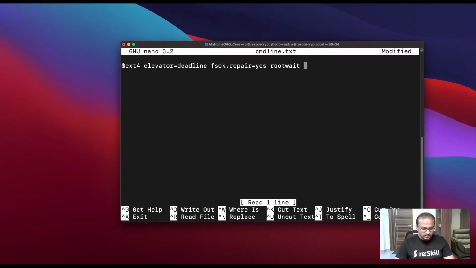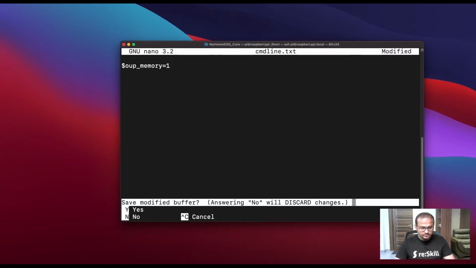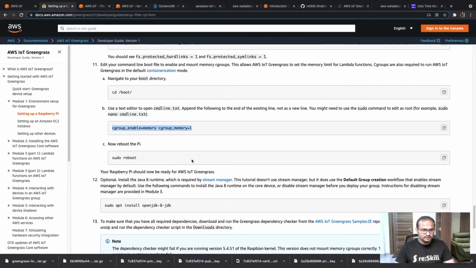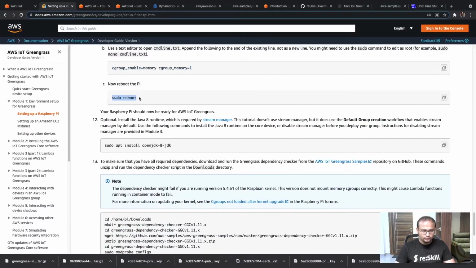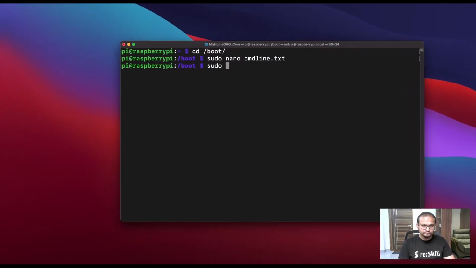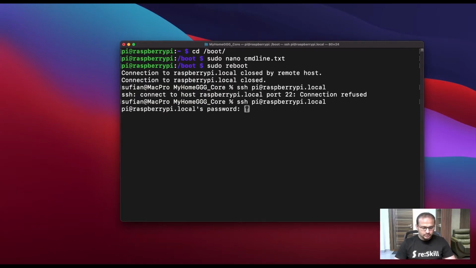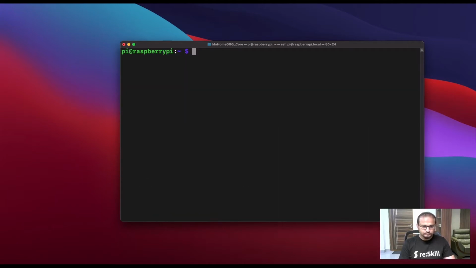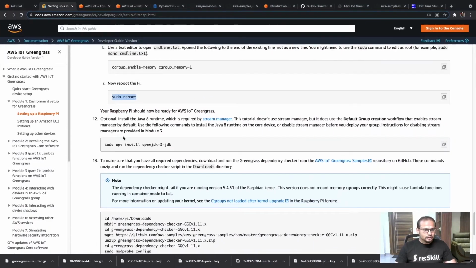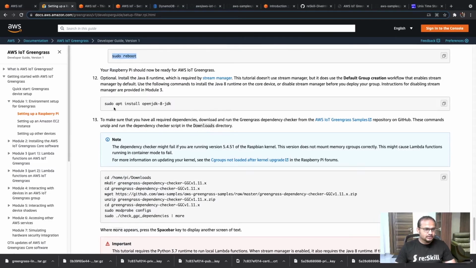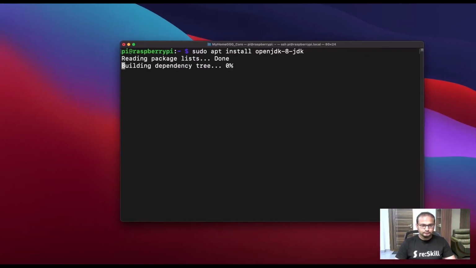So I'll go to the end and put these two values, save it. Again, we will have to reboot. Turned on, got connected. So what we will do next is install the JDK.